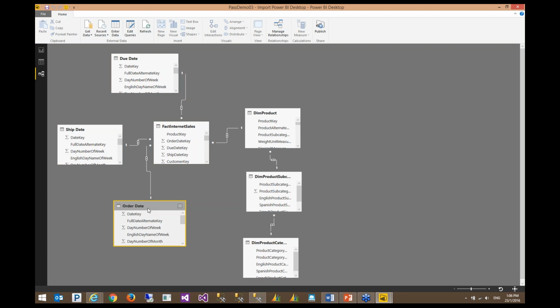One workaround here for conformed dimensions is re-importing the dimension several times to cover all of our needs. So I imported the date dimension 3 times to cover my ship date, due date, and order date, and I created the relationships, but all other relationships are detected by Power BI Desktop automatically. And as you can see, yep.